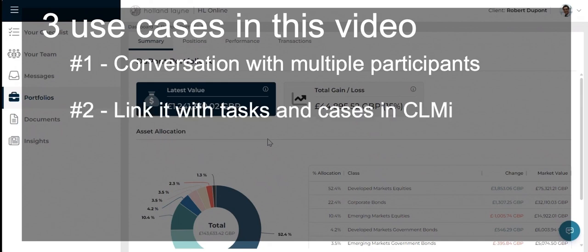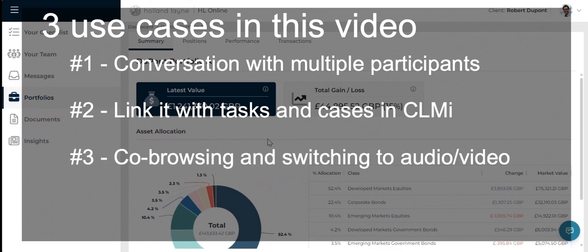We'll then talk a little bit about how the conversations can be used to initiate other meetings, tasks, activities, cases seamlessly, and how that tie between the Unblu interactions and the subsequent meeting activity case is represented within the CLM solution CLMi, before finishing up by talking a little bit around how we can switch between some of the different channels. For example, if we wanted to switch to an audio or video channel, or if the customer wanted to